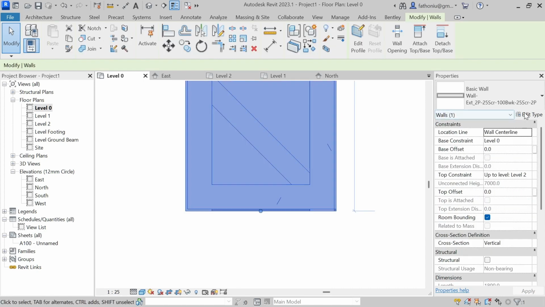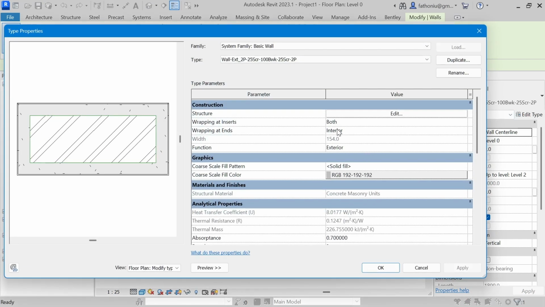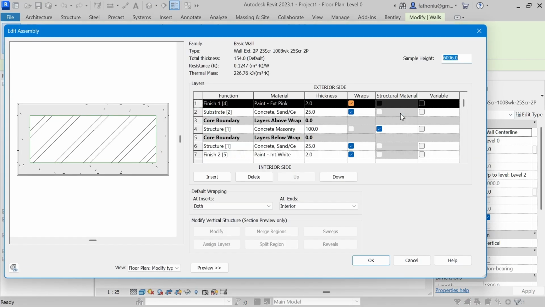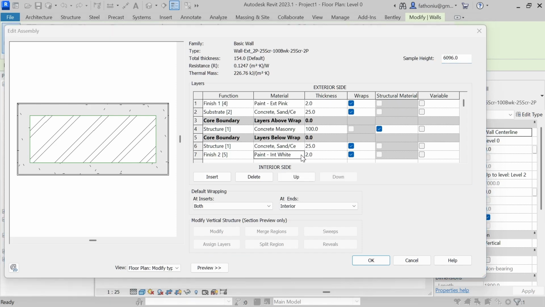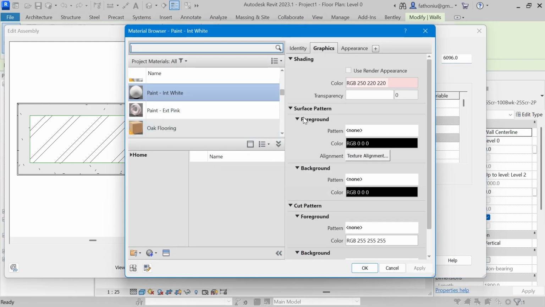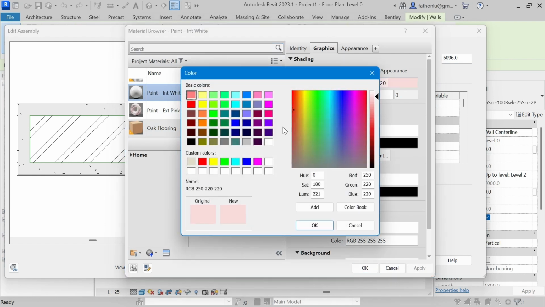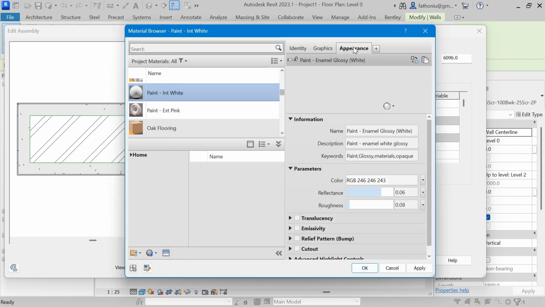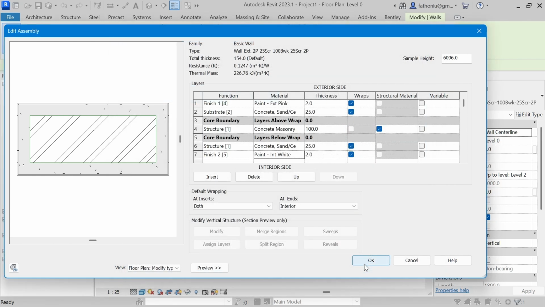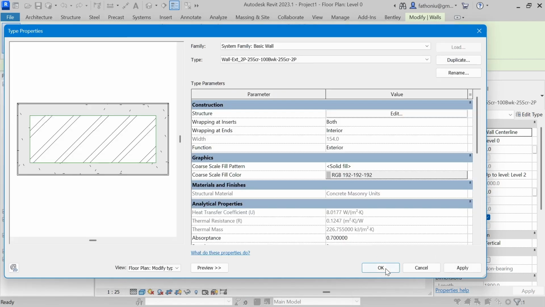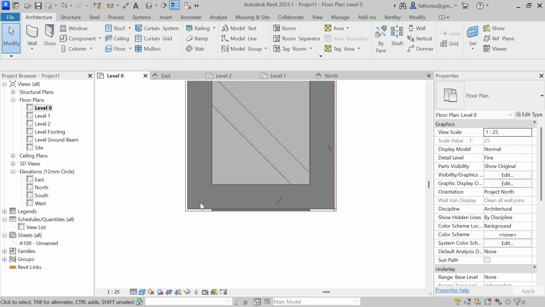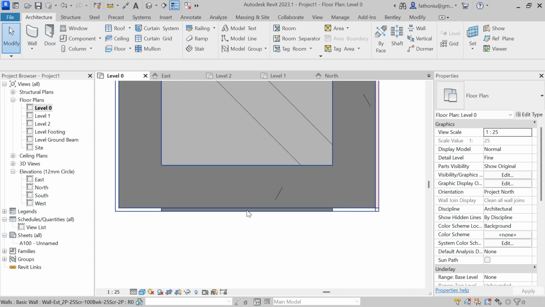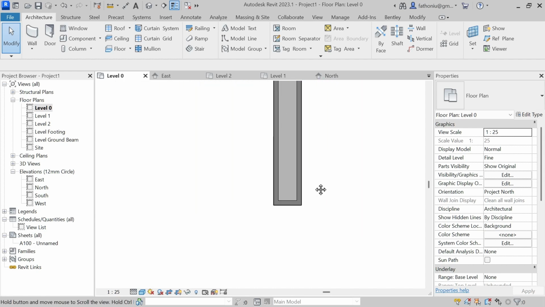Select this, edit type. Let me check this interior, wrapping at end, both, and then paint here. Change to render here, graphic render, supposed to be white. Okay, appearance already white. And then okay, you can see white. So it's exterior, interior, white here. But here I'm not pretty sure. Let me change that off. Okay, then